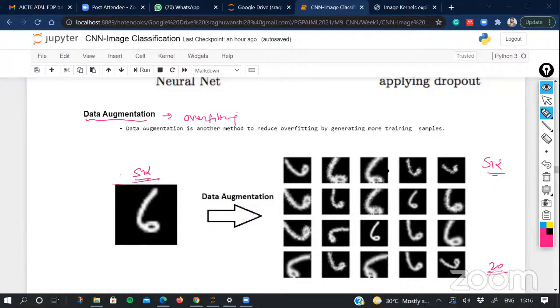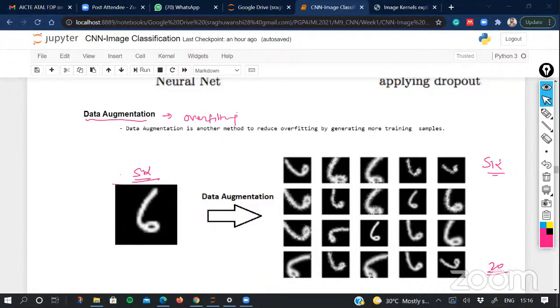So with single label, now you are able to generate more training instances. That means now you are able to get more training instances which can sustain against the complex architecture of the model. And somehow that complex architecture, when it is fed with more data, that can reduce the overfitting.